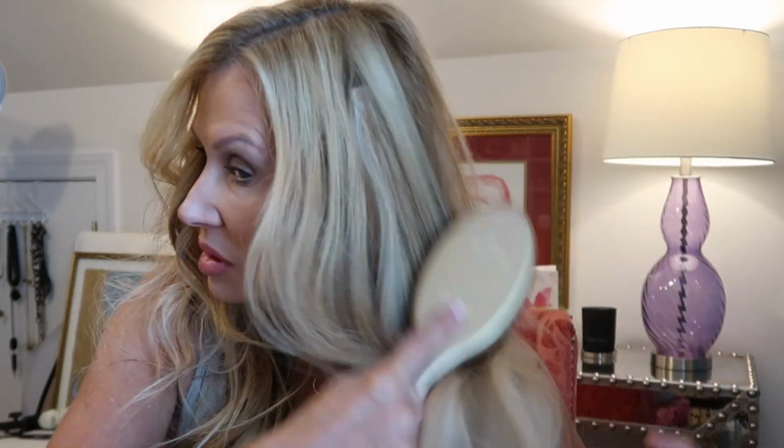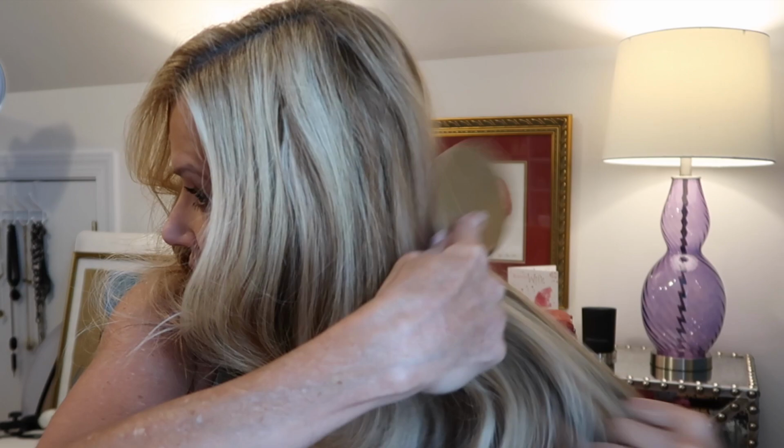Okay, so you're going to brush this all out, and that's what gives you this type of wave where it's at the bottom and they're all kind of going together. Okay, so I'm going to pick up this and brush this out. Now see how I barely have any curl at the ends now? If that bothers you, you will probably need to put some type of product in your hair, which I don't like, because